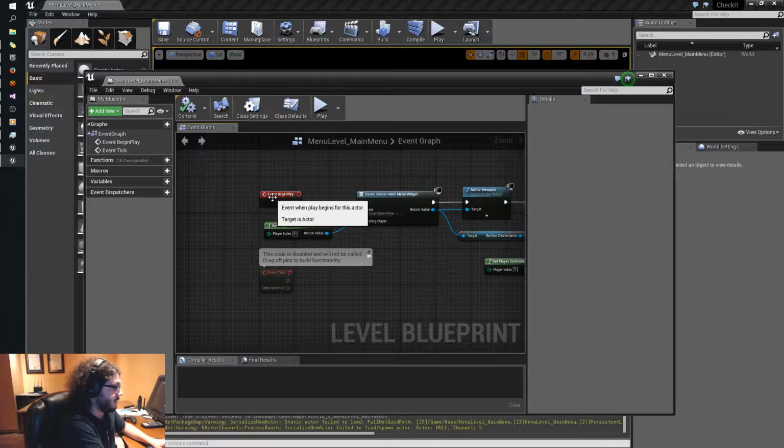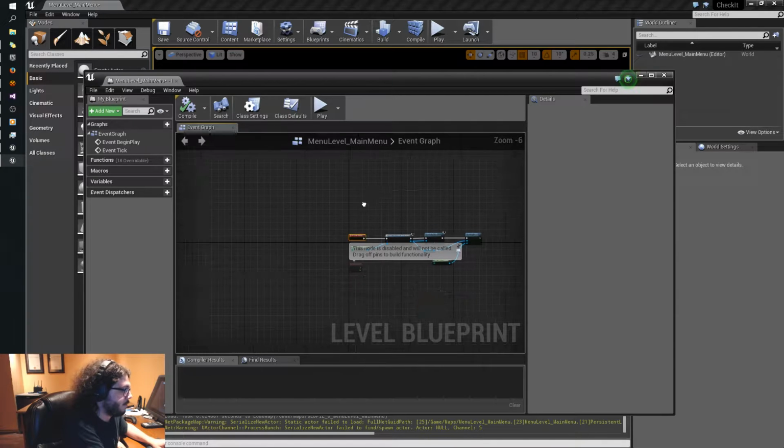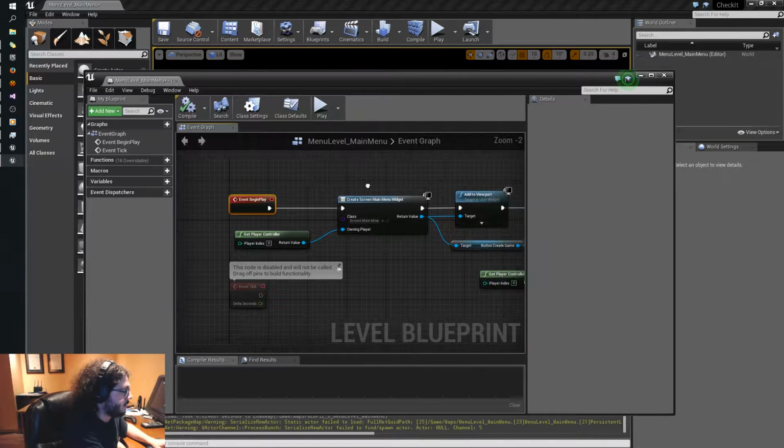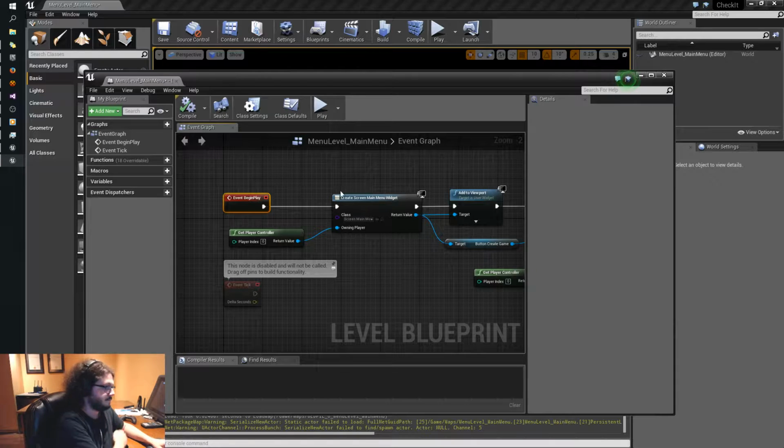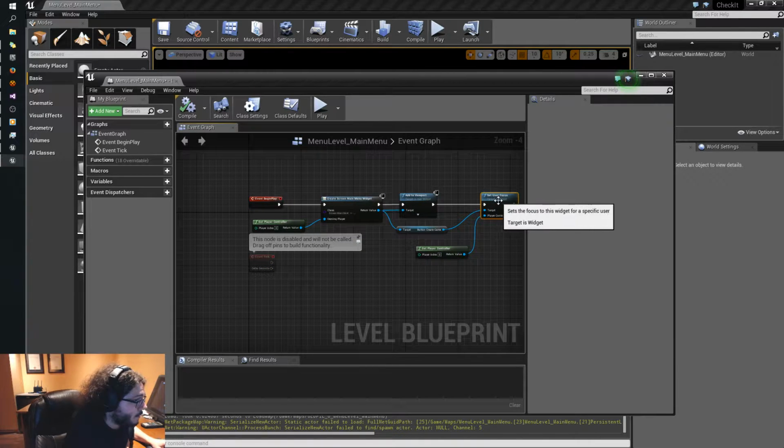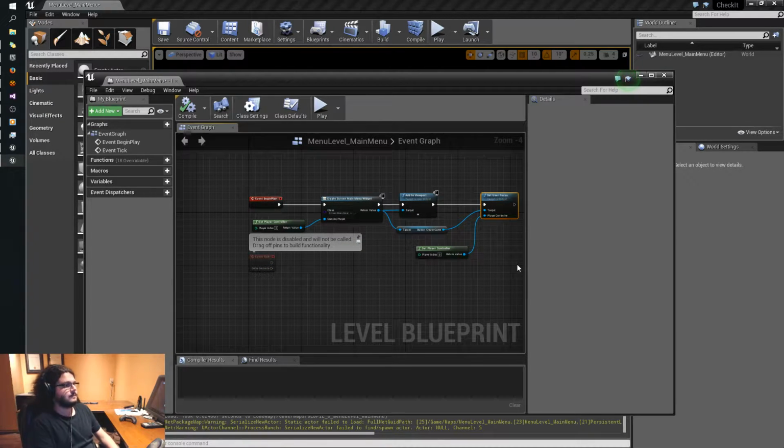Okay. So begin play is not called in level blueprints. So what we could do is we could make a subclass of the player controller, which would be a problem if we